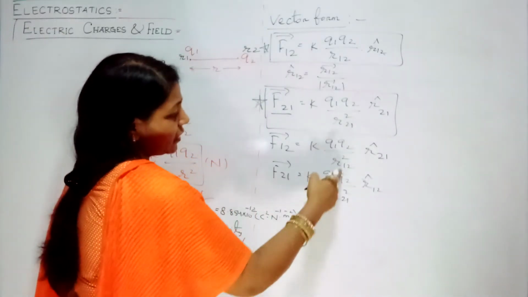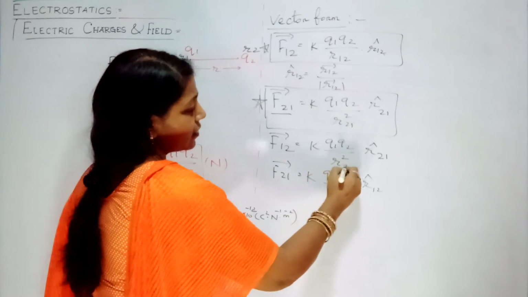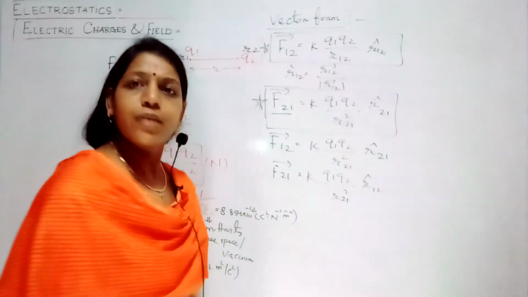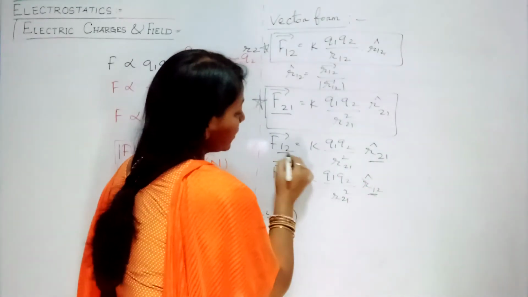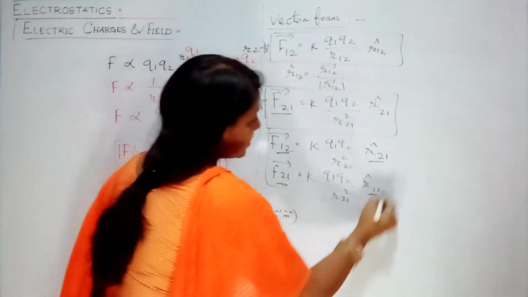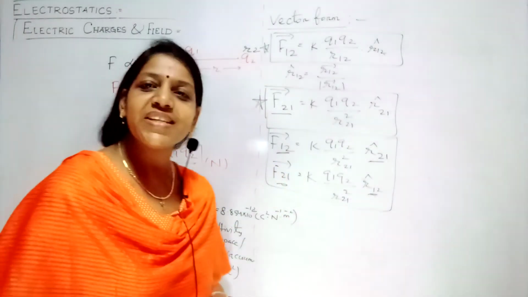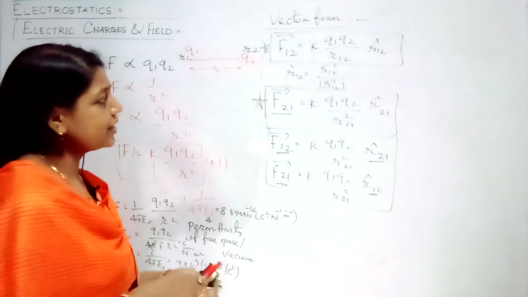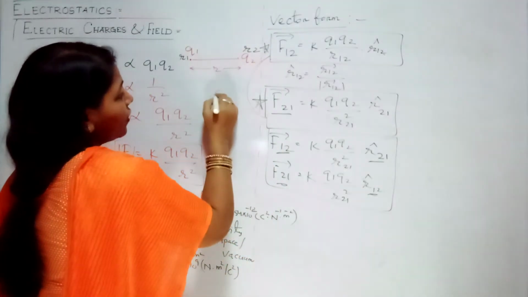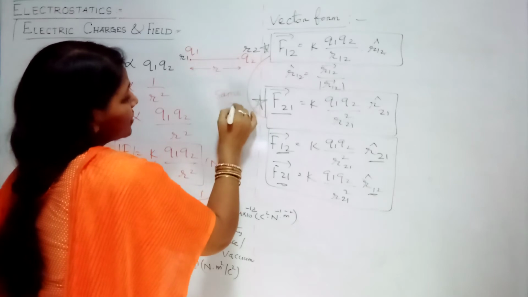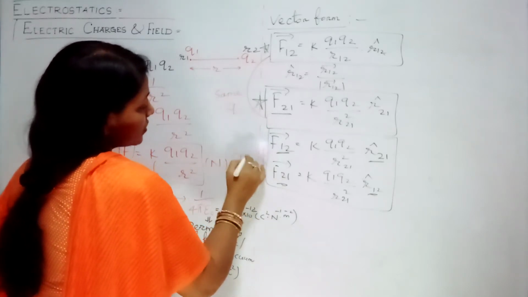See, this denominator part is immaterial. Whether you write 1, 2 or 2, 1, it does not matter, because after all, you are going to take the mod of it. Only the important part is the one related to this. So, these last two are applicable for opposite forces. Give attention here: these first two cases are applicable for the same charge, and this is applicable for opposite charge.